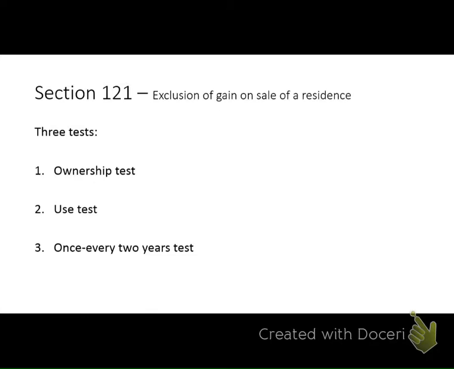So when you looked in your book and you read all about the old law, which is getting older every year, right? It's more and more historic. So it's included in your book because you might run into people that were under the old law. A lot of the older practitioners know about the old law and were comfortable with it. It's less and less relevant going forward because there are fewer and fewer people every year that would fall under it, or have done any of those calculations in the past. So the old law did require a purchase of new property, but the new law, the current 121, that's been in place for quite a while now, doesn't require that you buy a new house.